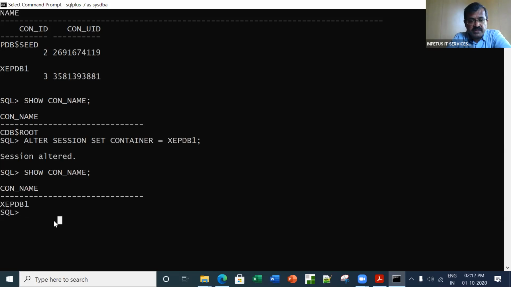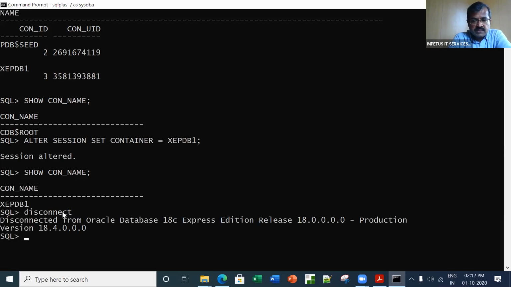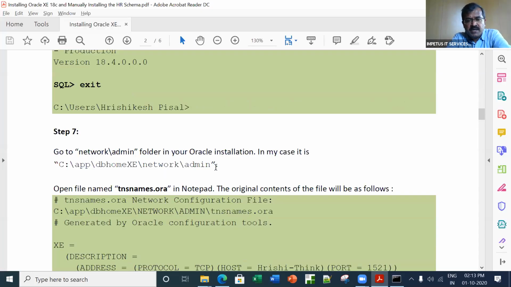Now let's come out of it. So we have achieved our objective. Let's disconnect. And let's come out of SQL. Now you may be wondering, why have I come out of SQL? There is a reason behind it. If you read this, all the sample databases are already available with us. Okay, so we need to go ahead and install the things from the sample database. Before that, we have to make some changes to the tnsnames.ora file. So this tnsnames.ora file is something that you have to change.